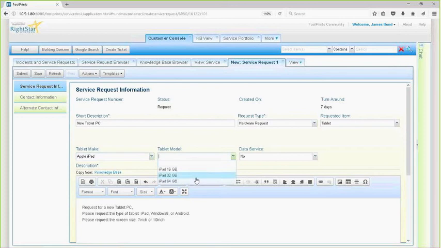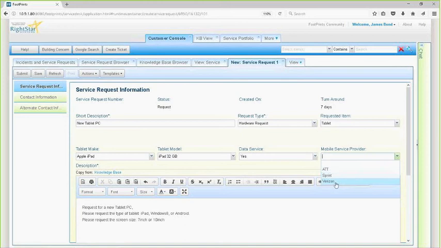So which one do you want out there? And then I've asked another question: I'm assuming this is a Wi-Fi only model. If you, as the end user, were to change that and say yes, then again, I'm going to dynamically pop another question. Since you've said yes, I need to know which one of the carriers you're looking for. They submit that off,